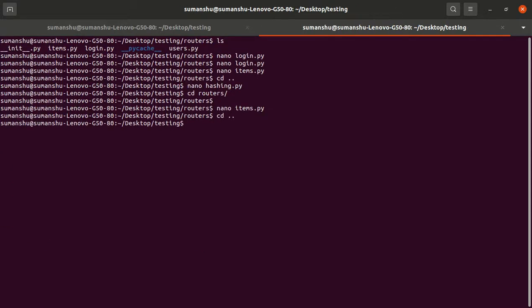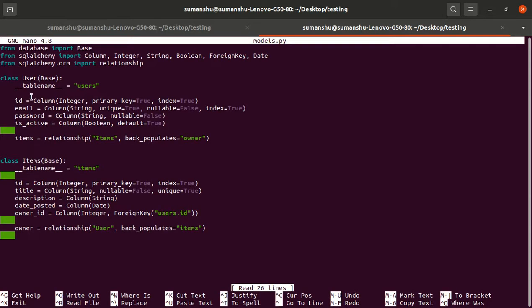Let me show you again, nano models. In the database we are storing the email ID and the password, and the ID is created automatically. We want this ID because the owner ID is basically user.id only. That's why we are passing the token.